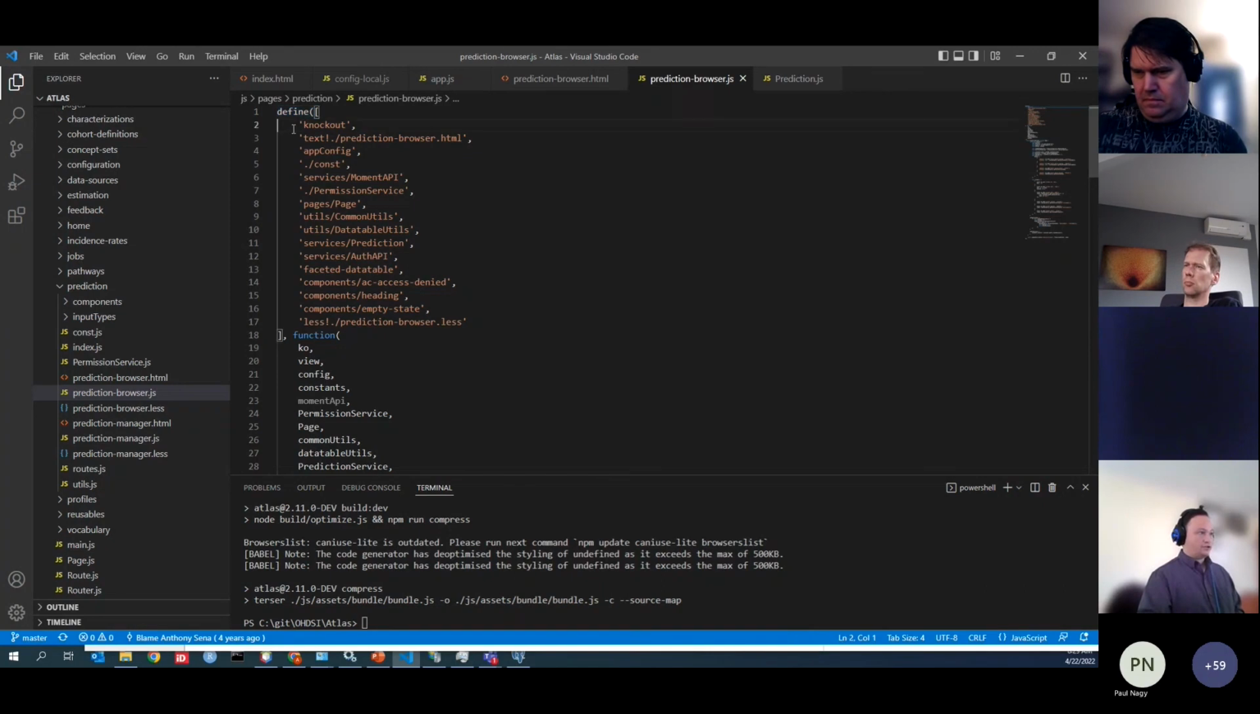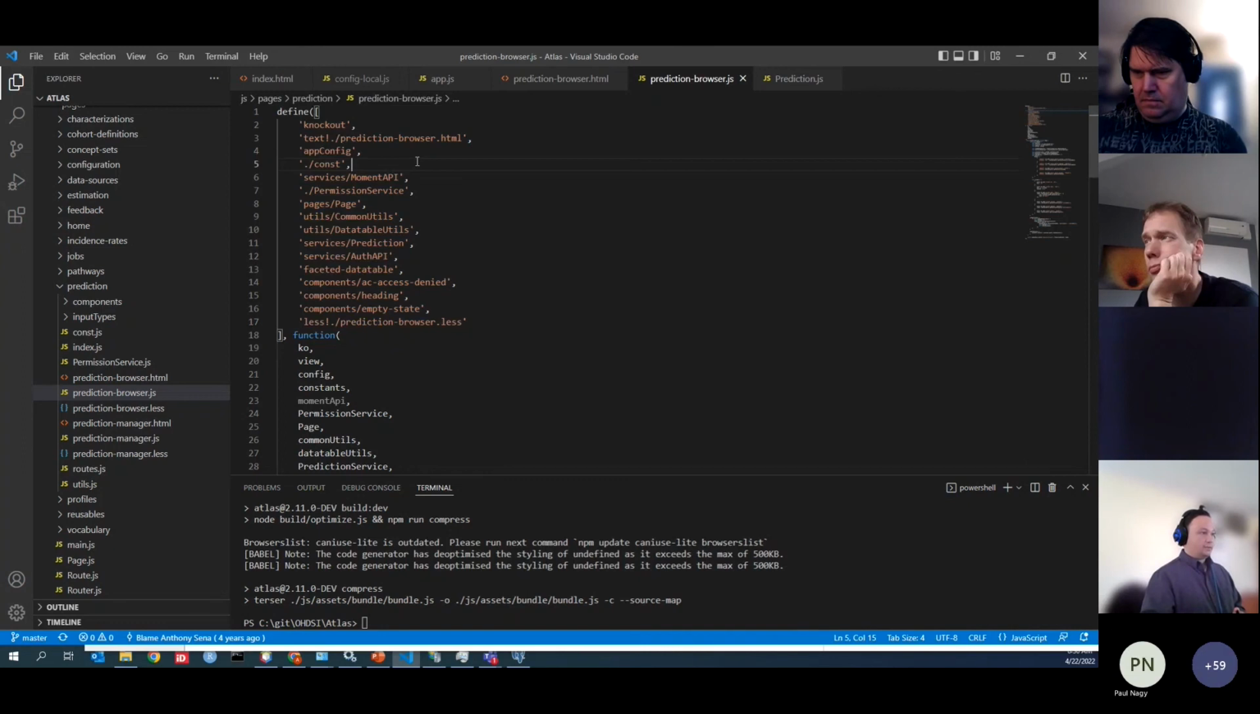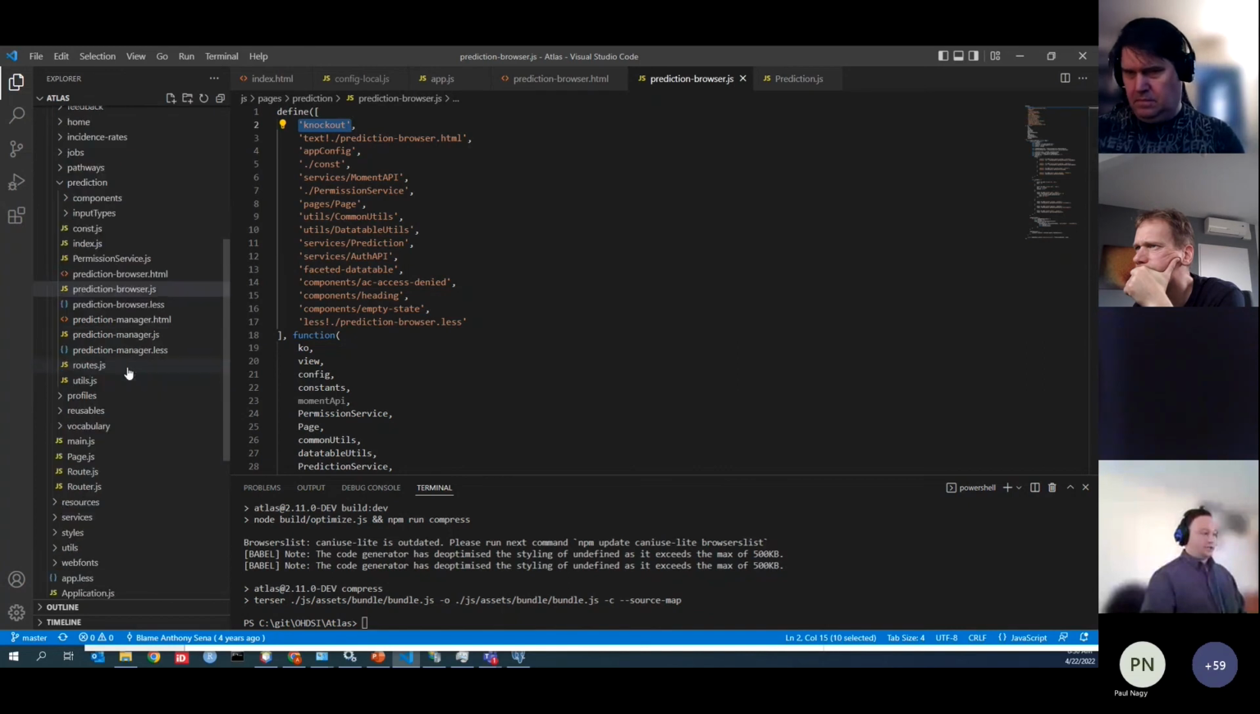So this particular list, lines 2 through 17, defines all of the dependencies that this particular component has to do its work. And you'll see within it, there's kind of two flavors of modules that we define. So knockout is one type, and let's say services is another. So you might wonder, well, where does knockout get defined? That's defined